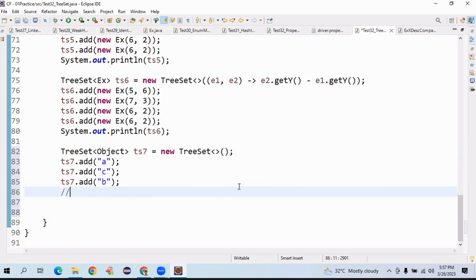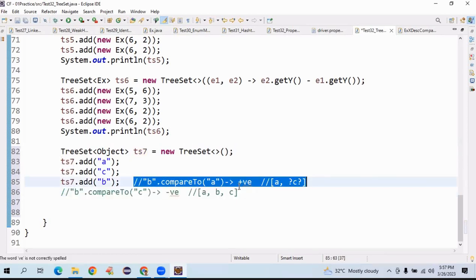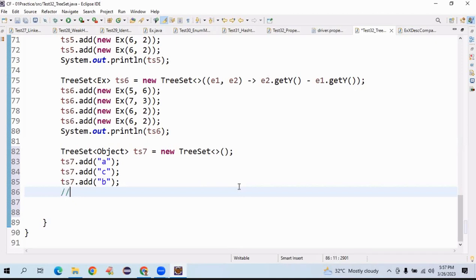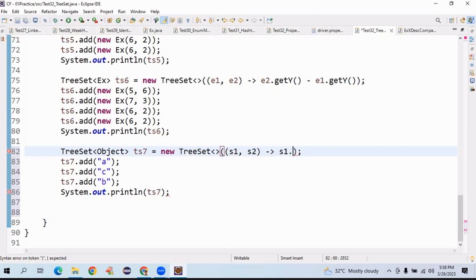String objects descending order I want to use. By default, string objects are stored in ascending order. Is it because of TreeSet or because of the String implementation? Because of the String implementation. I don't want that default implementation. I want custom implementation. S1 comma S2 arrow S1.compareTo